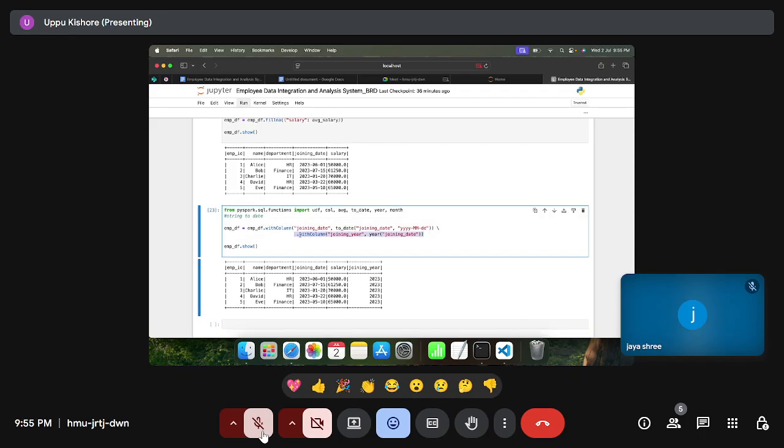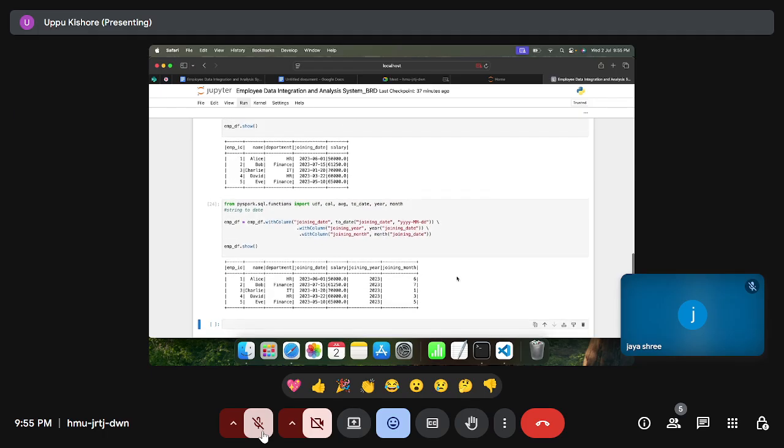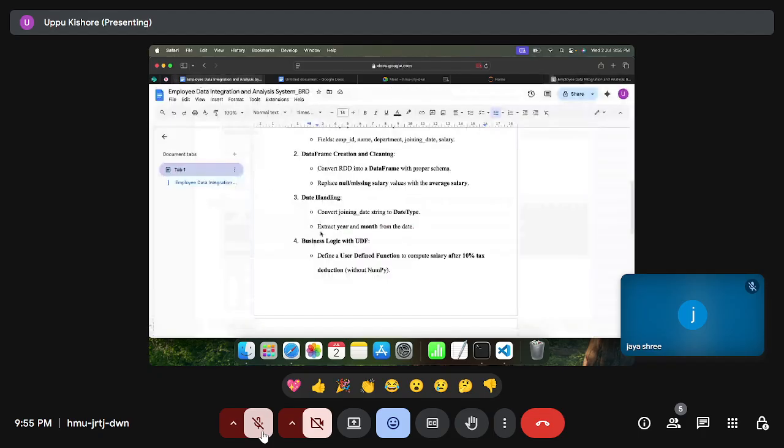Similarly, I'll add the joining month. Here we have to add this slash, and in this way I'll add the month. We'll call the month method. So now I've got the joining year and month. We have extracted the year and month. So we are done with this data handling, converting the joining date string to date type and extracting the year and month. Now my next requirement is